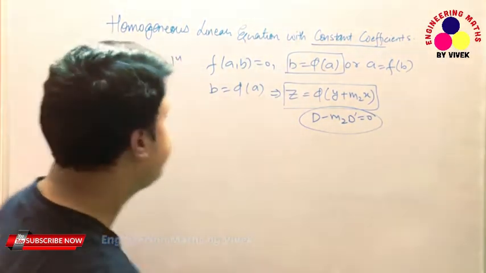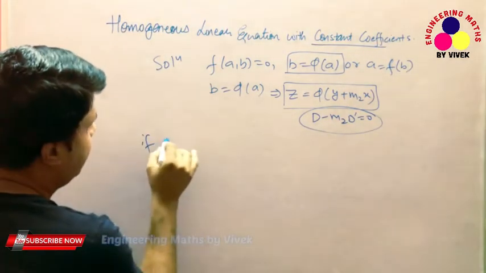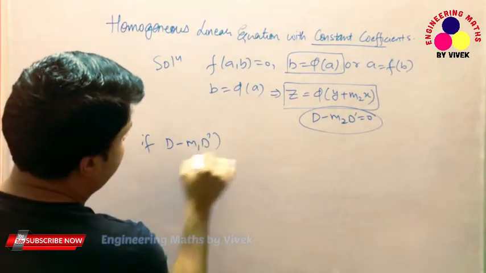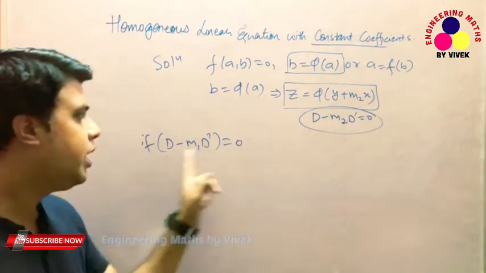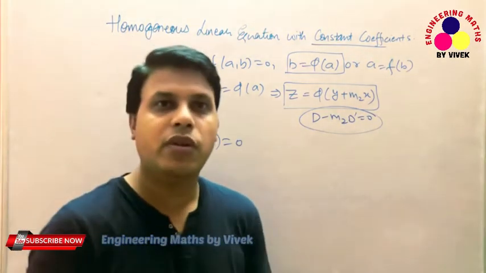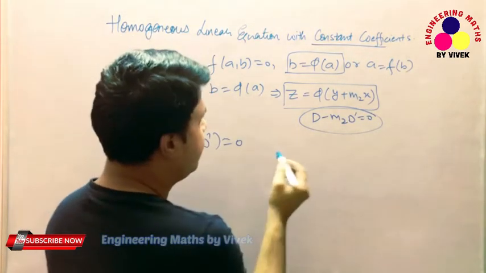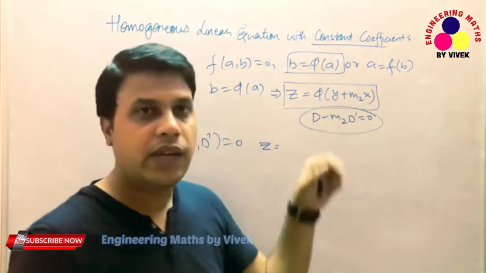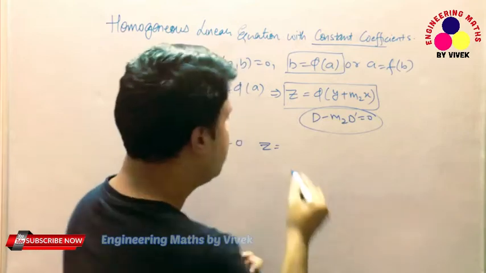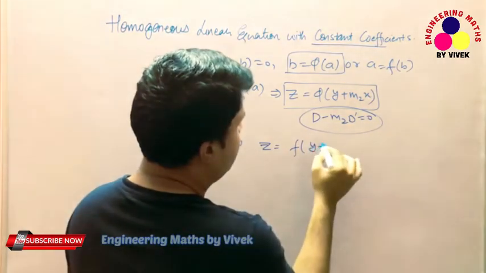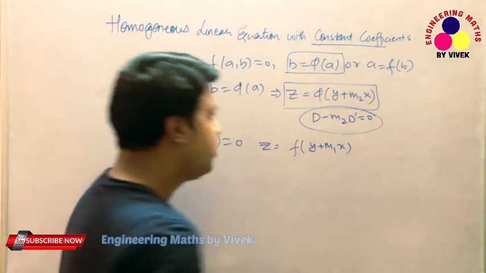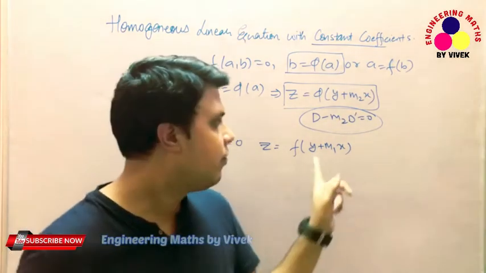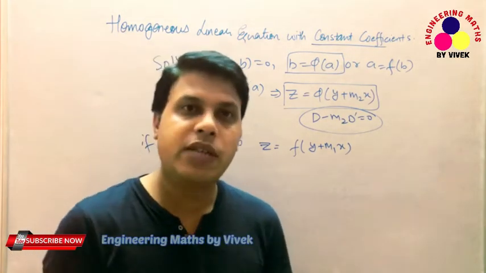If we have chosen d minus m1 d prime equals to 0, then we could get another function. Here the function is phi, so we can take another function, that is f. So z equals f of y plus m1x. So the combined solution will be